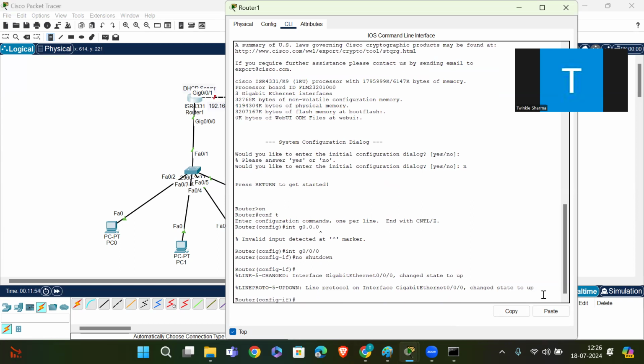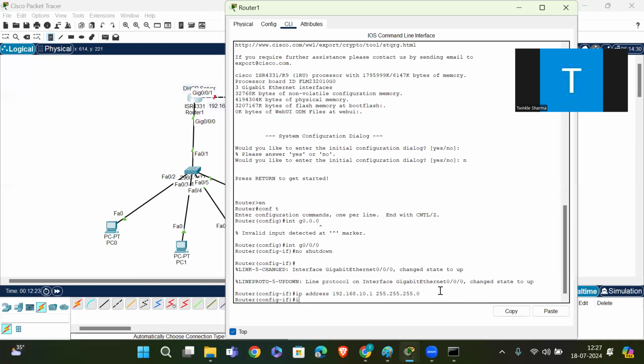First, we have to assign the IP address to the gateway: 192.168.10.1, with subnet mask 255.255.255.0, right?